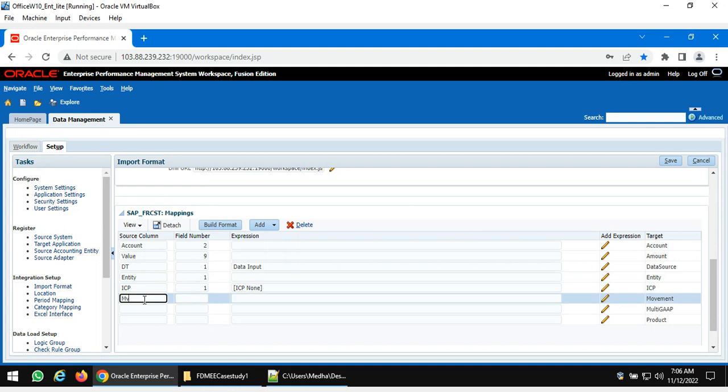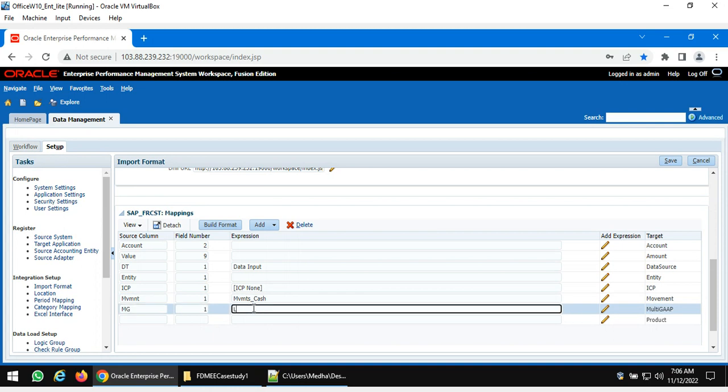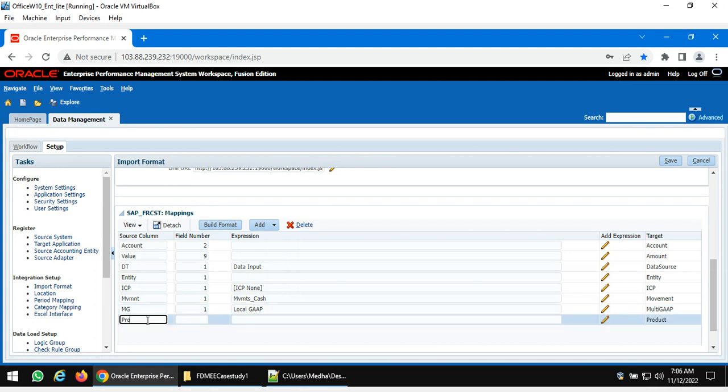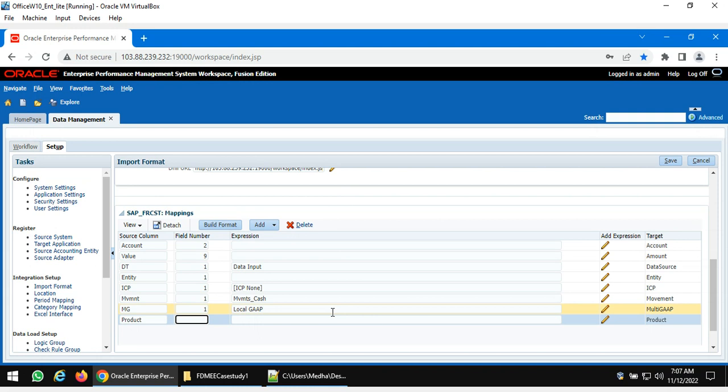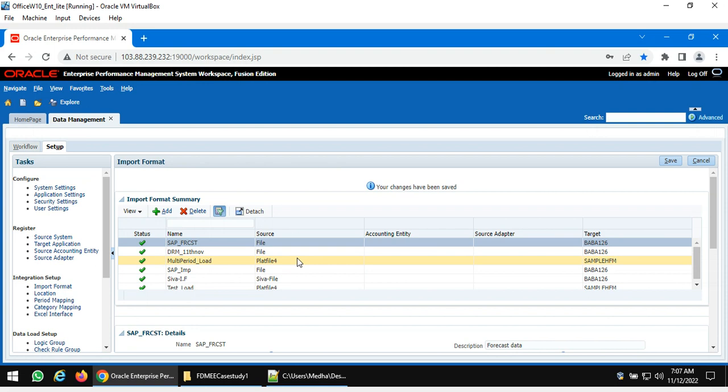Movement, again one, and here MVMT underscore CASH. Multi GAAP again one, and product, PRODUCT. Which column is product? 1, 2, 3, 4, 5. Column 5. Save. Once it is saved,